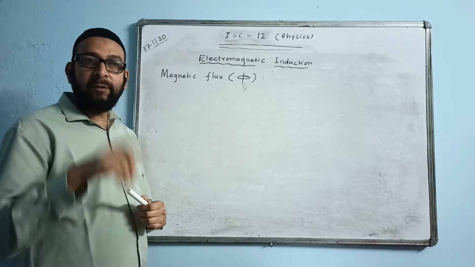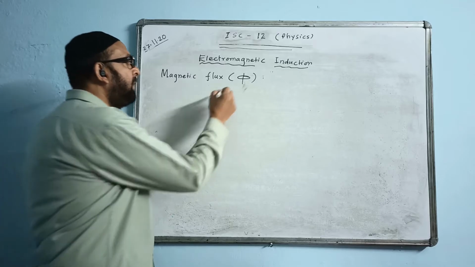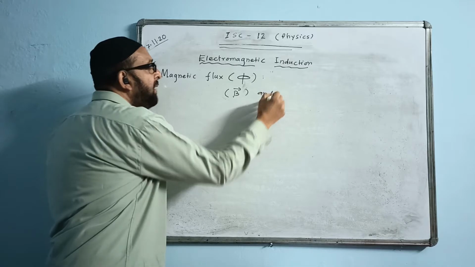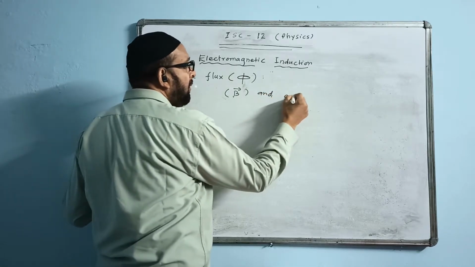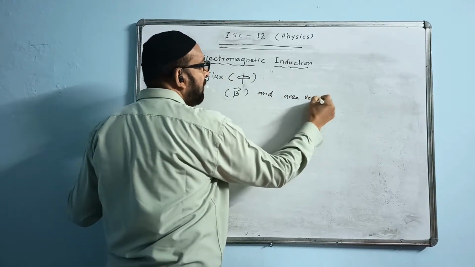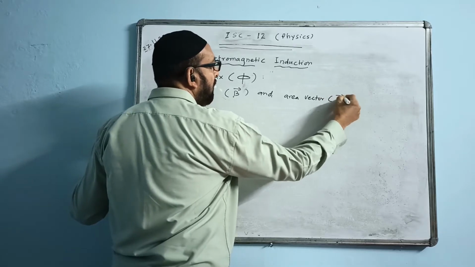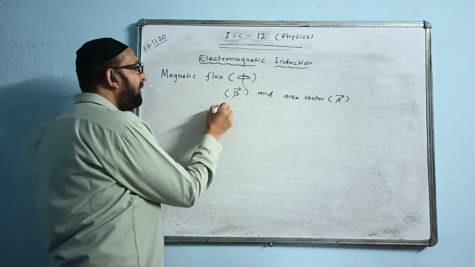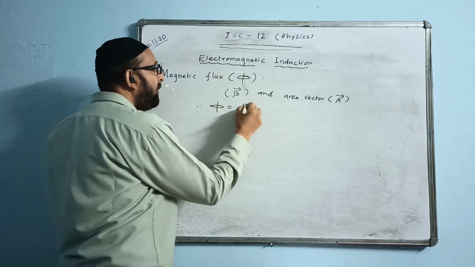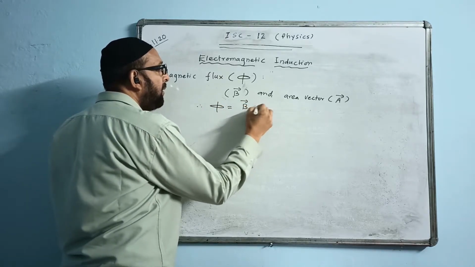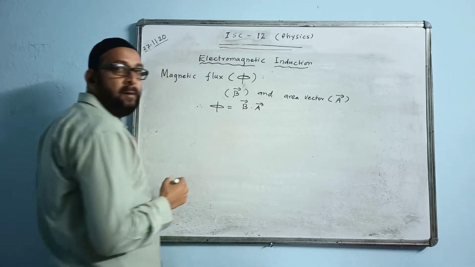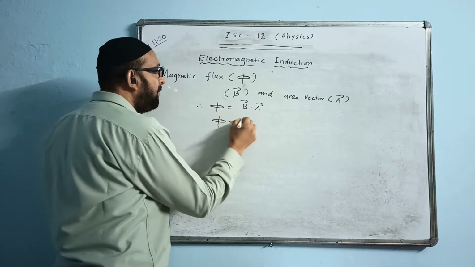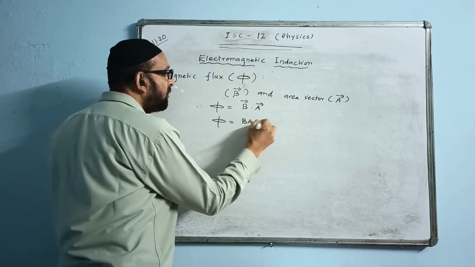Magnetic field vector, you can write B with arrow, and area vector A. Therefore, we write the formula for phi. Formula will be B dot A, area vector. When we expand it, it becomes BA cos theta,